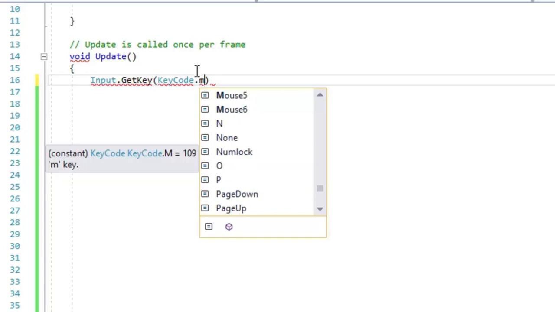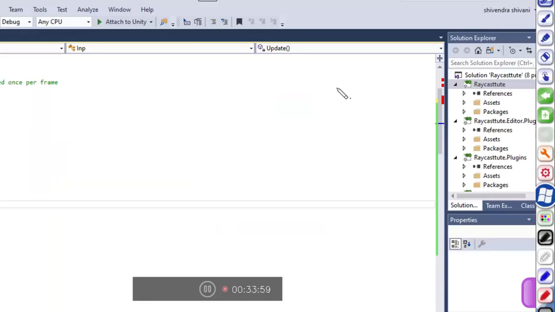So we can use mouse input with GetKey as well as GetButton, but we have separate mouse functions like GetMouseButtonUp, GetMouseButtonDown and GetMouseButton. Mouse input always takes an integer value as argument: 0, 1 and 2. Basically, suppose this is the mouse, this is the scroll button, and these are the two buttons. The left button is always assigned integer 0, the right button is always assigned integer 1, and this is 2.